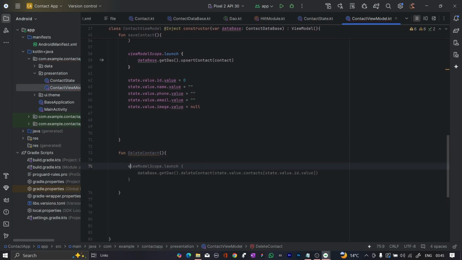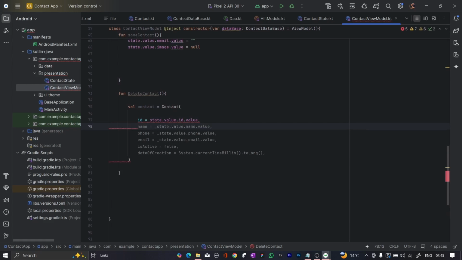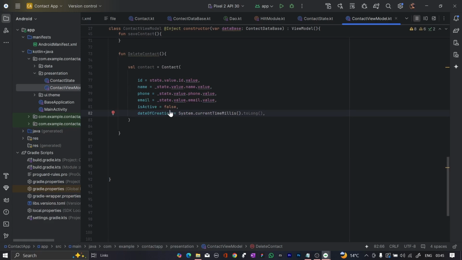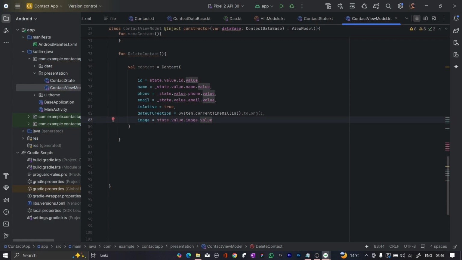स्कोप रखेंगे। इसमें हम सबसे पहले well contact is equals to contact, inside the contact we needed here the id, second thing we needed here the, ये सारी चीज़ें हमें चाहिए, राइट। And that we have taken value, value, value, value and isActive equals to true कर देंगे, true। Date of creation, we needed image, we have left here, इमेज भी लेते हैं हम यहाँ पे, image is equals to state.value.image.value, ये हमें मिल गया। Delete contact का फंक्शन है।